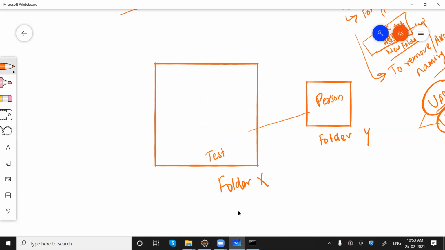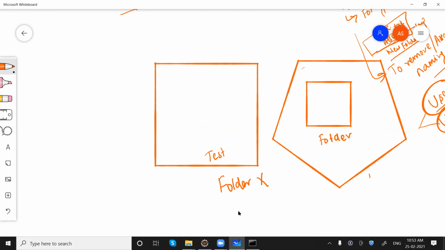Now there might be a different scenario. For example, this is your folder Y. In this you have Y1, again you have Y2, you have Y3.